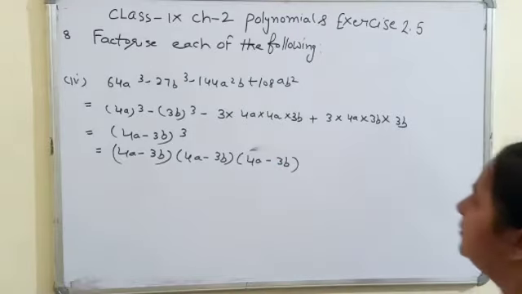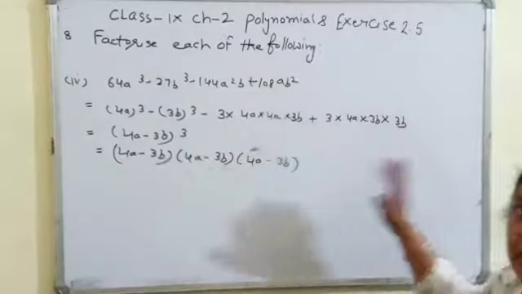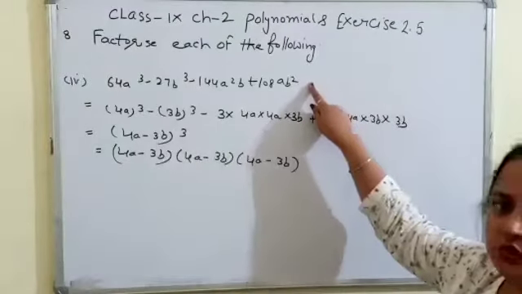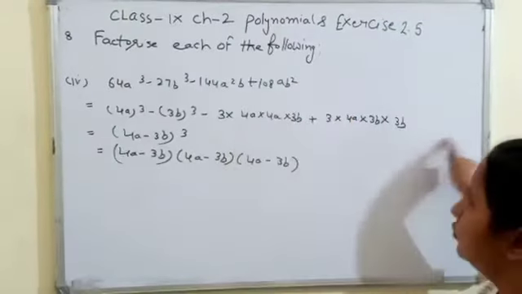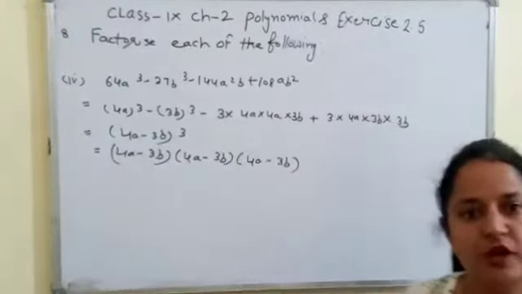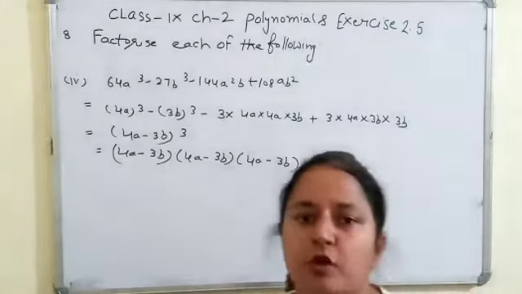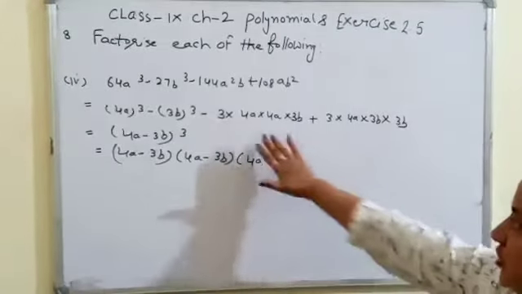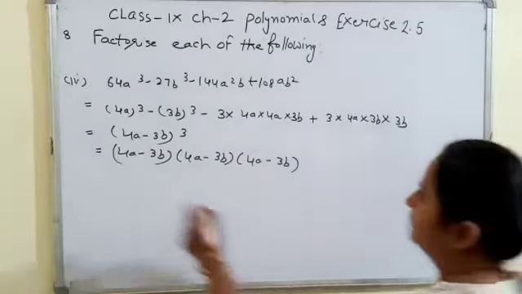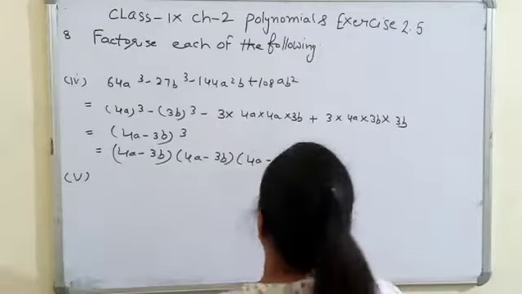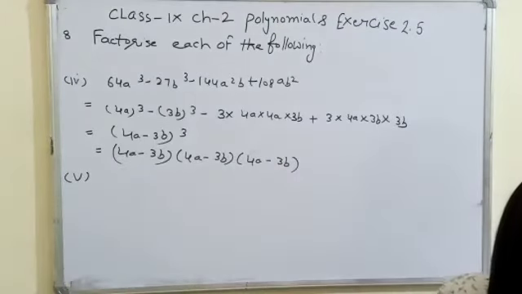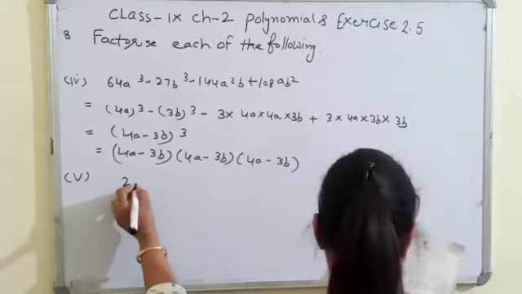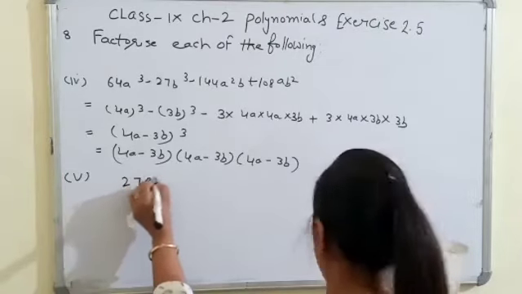Yes students, when you make the factors like this, you have to check the calculation. Is it equal to the previous statement or not? If it is not equal to the previous statement, then it means we are doing the wrong factorization. It will help you a lot to crack the question. You have to check the multiplication for this factorization. You have to check whether it is equal to the given statement or not. If it is not, then check it again. It should be equal to the given statement.